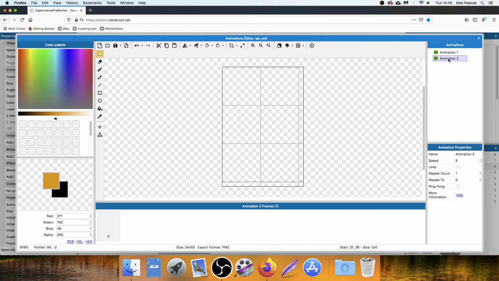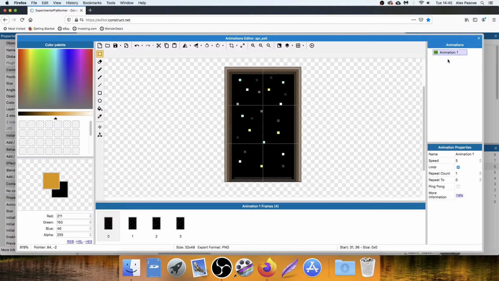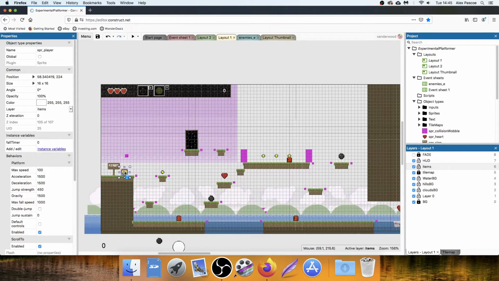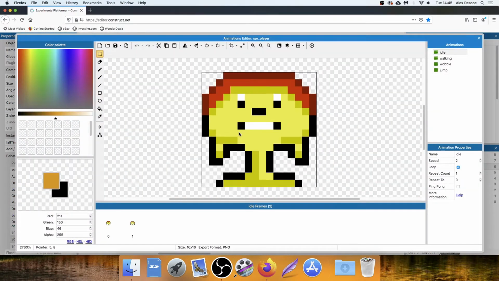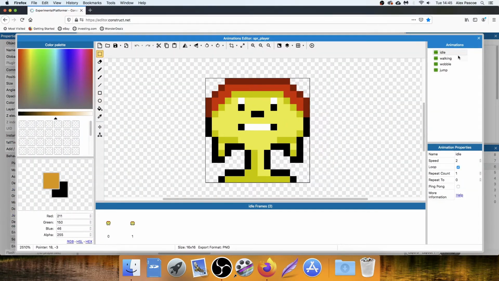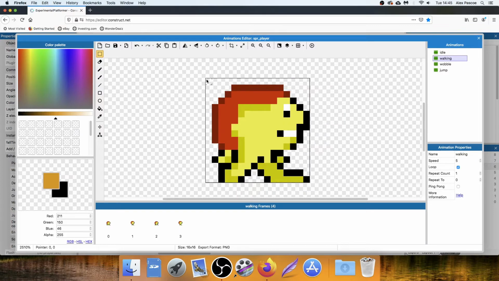In fact, what I'm going to do is delete this, and I'm just going to duplicate. I'm going to change animation 2 to exit animation. I'm just going to keep it the same, so I've got the frames there, so ignore that first bit. And now what I want to do is draw the character disappearing into here, so I just want to get a reference. I go into here. If I copy that, we've got a walking animation here. If we copy that walking animation,